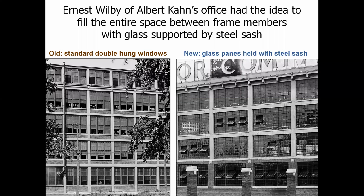A few years later, Albert had, as the leading designer of automobile factories, obviously come to the attention of Henry Ford, and Henry hired him to construct his new manufacturing facility in Highland Park. And while that plant was being designed, Albert's chief designer, Ernest Wilby, had the brilliant idea of filling the entire space between the concrete frame members of the building